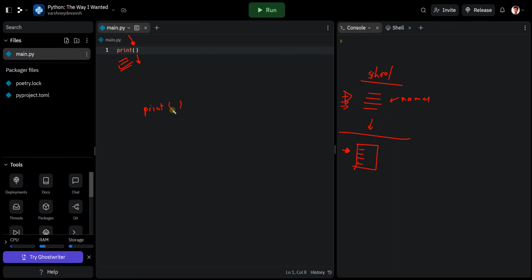It asks for some resources, because it's going to print on the console. This is the console right now in front of you, that's where it prints. It's a Python console. It's going to ask for some permission to the console and to the display, because you're going to see it on the monitor. So the way it is going to print is on the display.